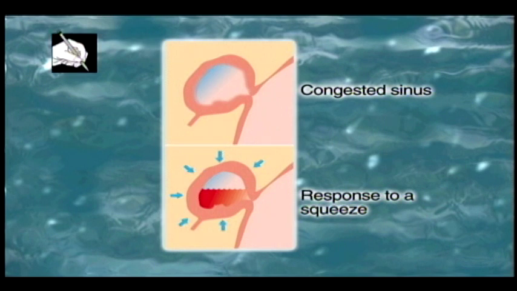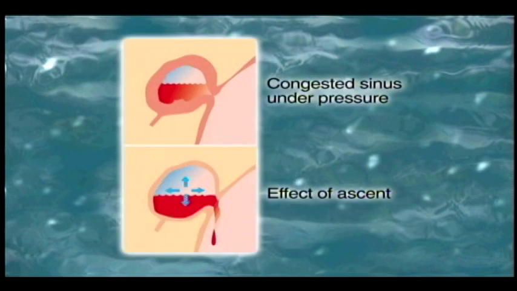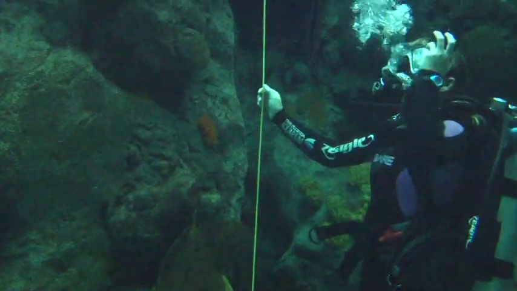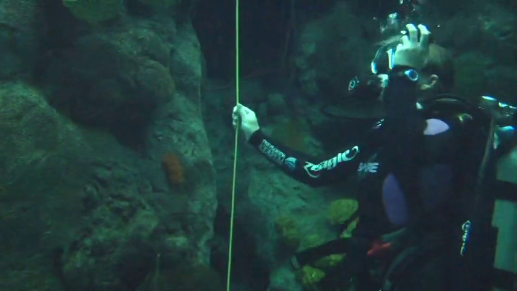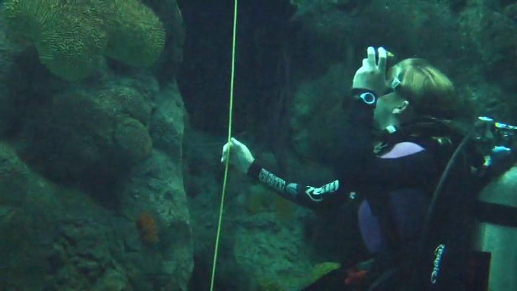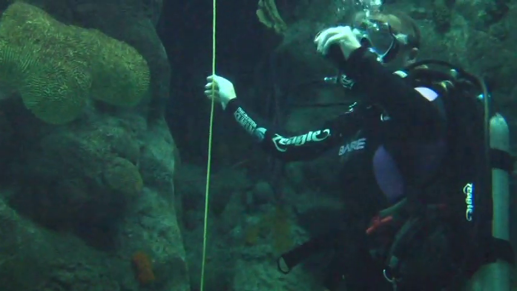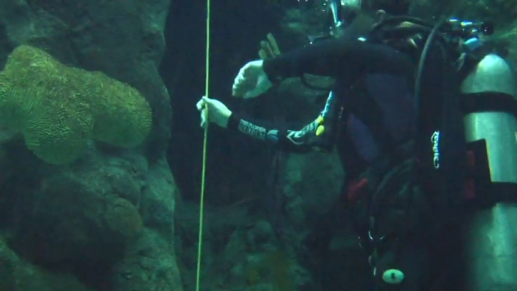This is quite painful and can cause blood to flow into the sinus and fill it. If you cannot equalize your sinuses normally during descent, it will fill with body fluids. Then, during ascent, the air in the sinus will try to expand to its original volume, but it can't because of the fluid. Pressure builds in the sinuses and pain results. Blood can be forced out of your nose, mouth, or mask. Any gas that forms in your stomach or intestines during your dive will expand during ascent. This can cause discomfort. To prevent this situation, avoid eating gas-producing foods before you dive.